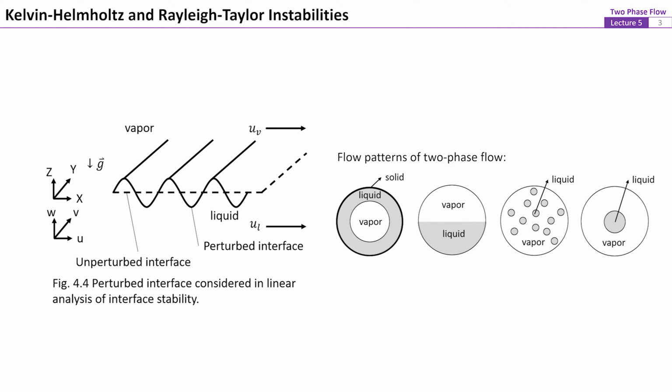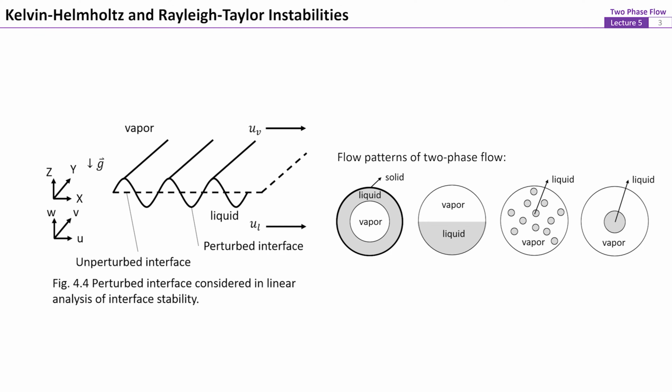Instabilities of the interfaces between liquid and vapor have a strong impact on the heat and mass transfer at the interface during phase change processes. The morphology of the interface is affected by the stability of the interface. From the previous lecture, we have also seen that the transport across the interfacial region is greatly affected by the